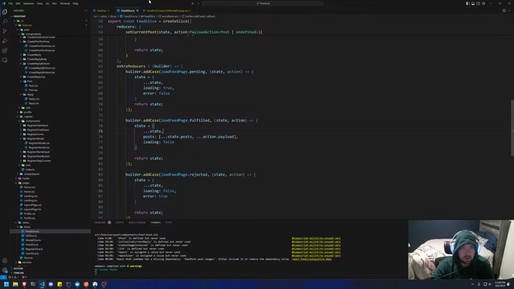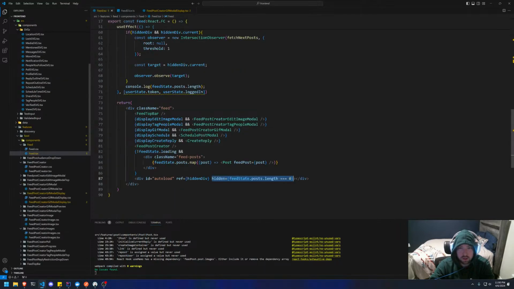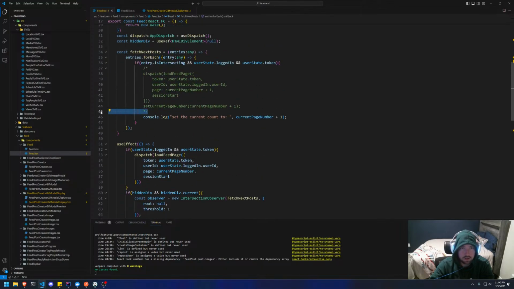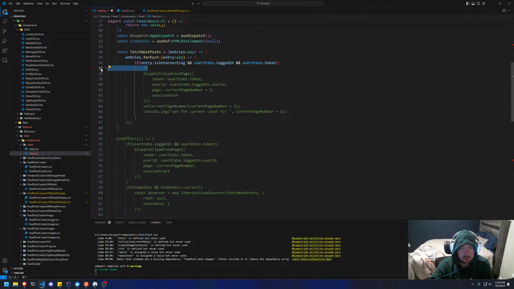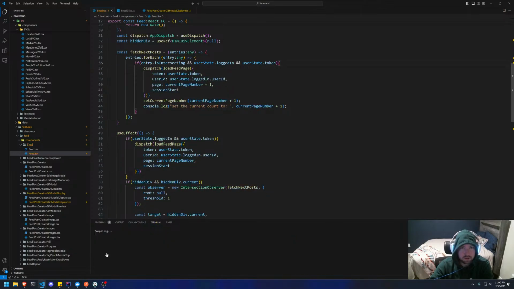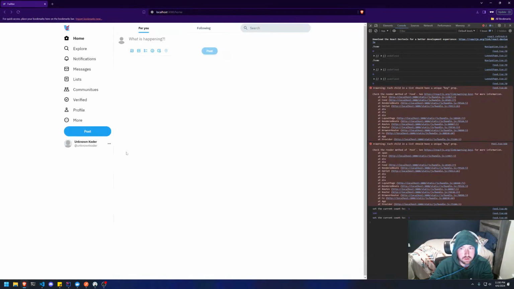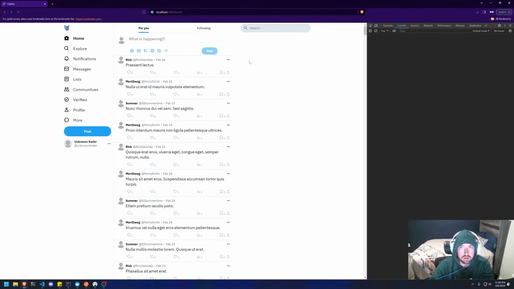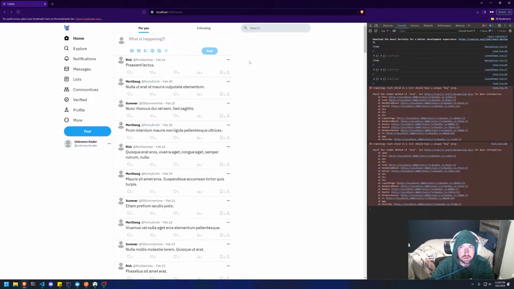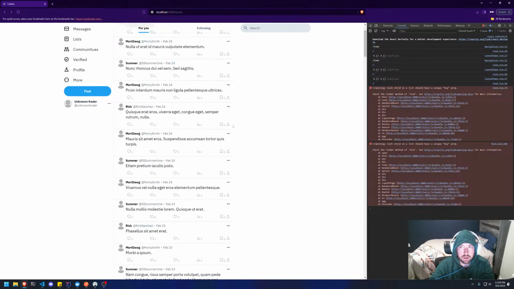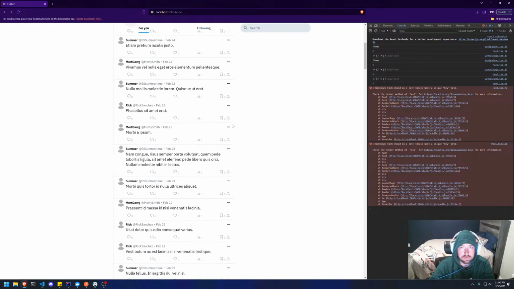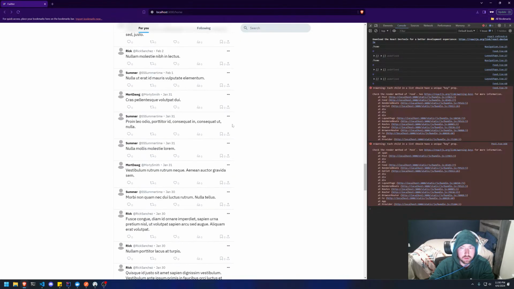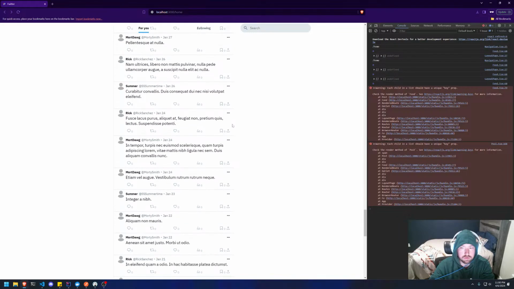So now we come back into our feed, and this will be the moment of truth. If we get rid of this and get rid of this, then save. And if we refresh, so let's refresh because I think it started at the bottom. Okay, so right now we have 100. We scroll to the bottom. When this gets into view,